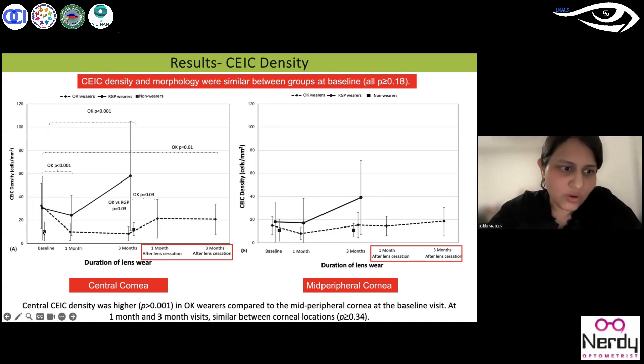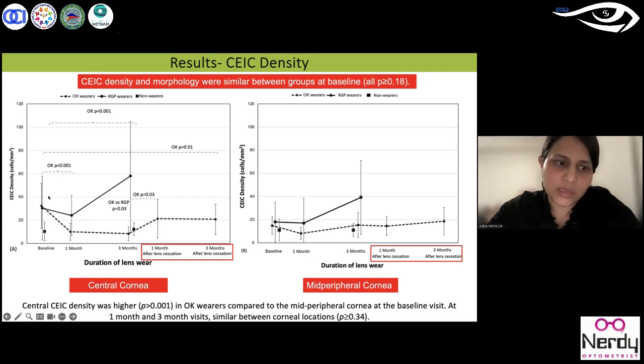So again, these boxes here are presenting the controls. We did not find any changes in the immune cell density in controls or in RGB wearers, although there was some increase in density, but this was not significant. But what happened in orthokeratology lenses, as soon as these people started wearing lenses, within 1 month, their density decreased